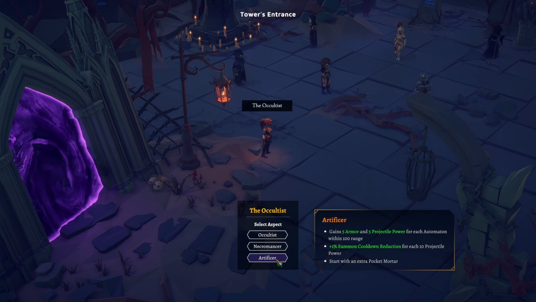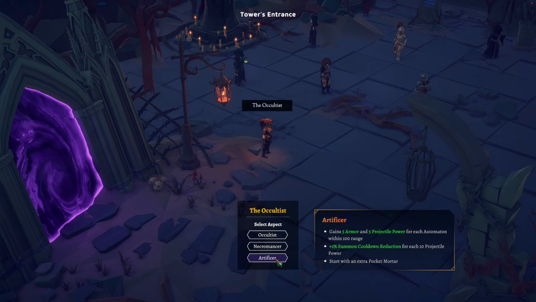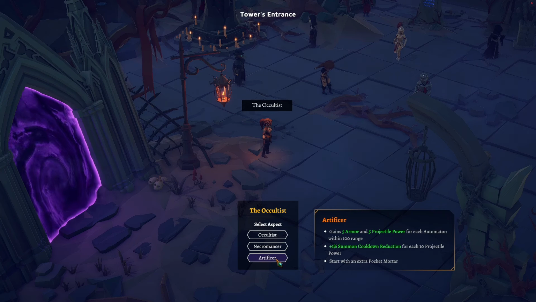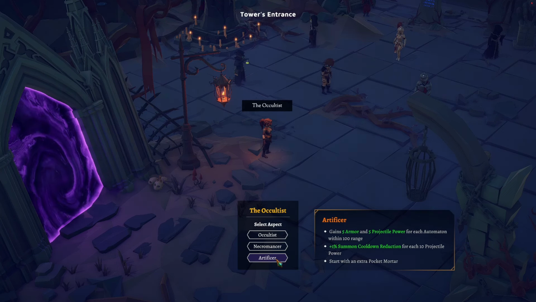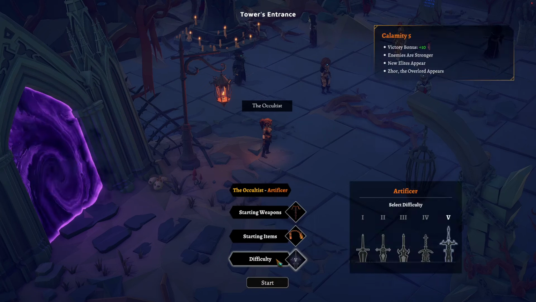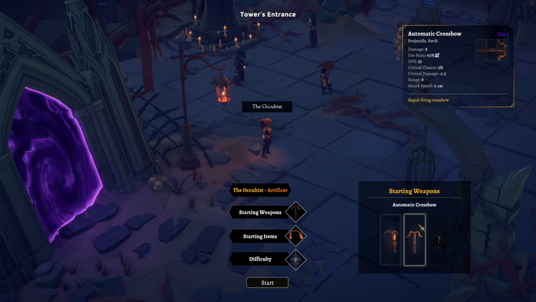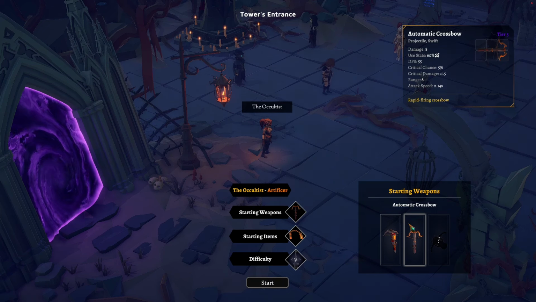Today we're going to be trying out a full tower defense Artificer, so they gain armor and projectile power for each automaton within 100 range, 1% cooldown reduction for each 10 projectile power, and then you start with an extra pocket mortar. None of the starting weapons are super important, so we'll just take the automatic crossbow